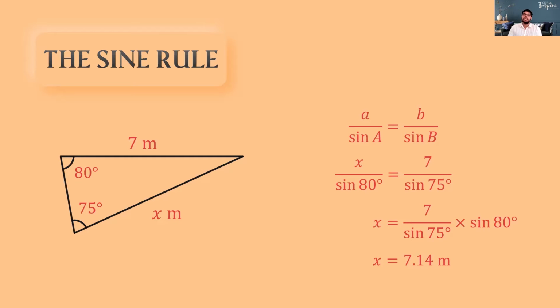Now if anyone still doesn't understand, tell me how to use the sine rule. Those who had doubts before, are your doubts cleared? How to use sine rule? I think it's clear, Sadotesha. Right. So children, now this was how to use sine rule to find a side length. Let's take a look at another example where we use sine rule to find an angle, because you can use it to find angles as well. So let's have a look.